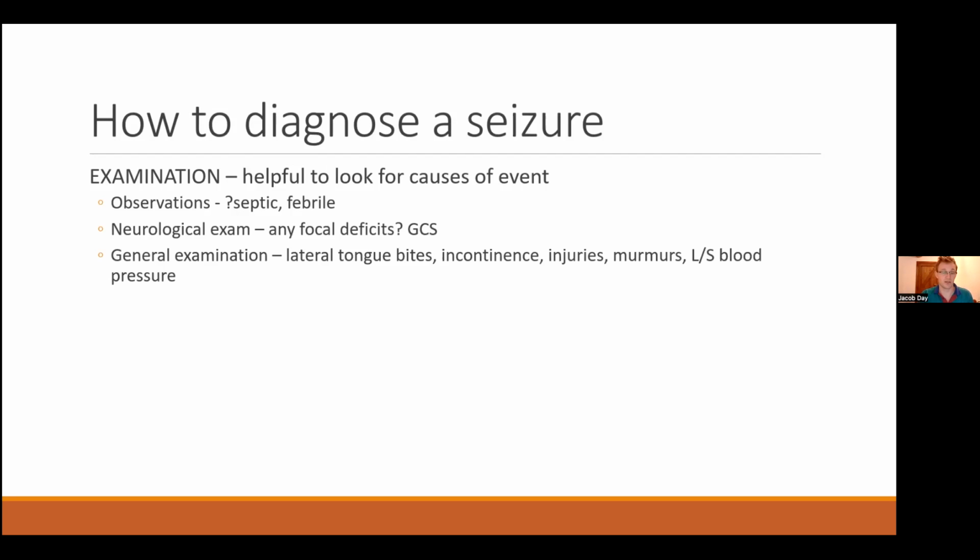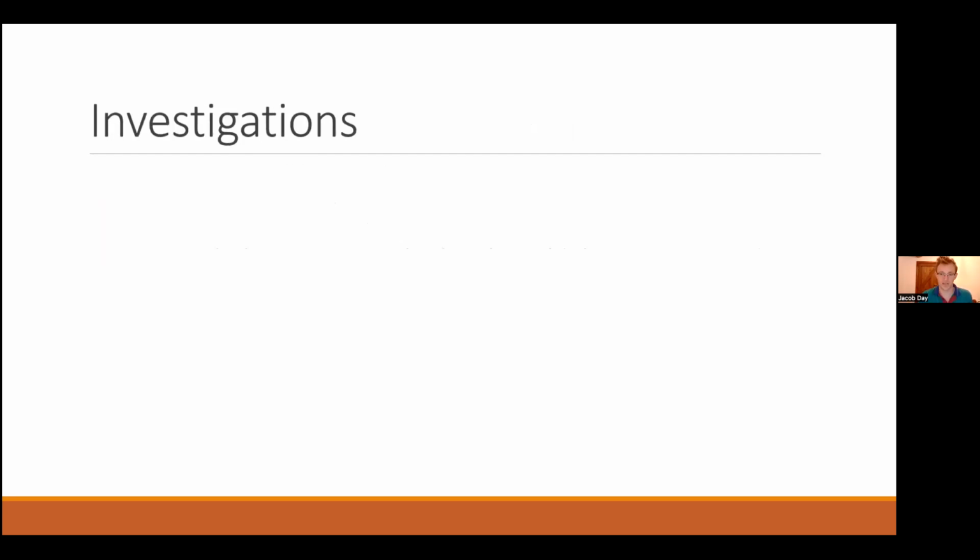History really to make the diagnosis, collateral examination to think about what might have caused it and any consequences like injuries. So investigations, I've not got too much on this. ECG. ECG is basically the only mandatory examination for someone coming in with a suspected seizure, okay? NICE guidelines say any adults with a seizure should basically have an ECG, bloods including electrolytes, and a blood sugar. So those are your big three, okay?